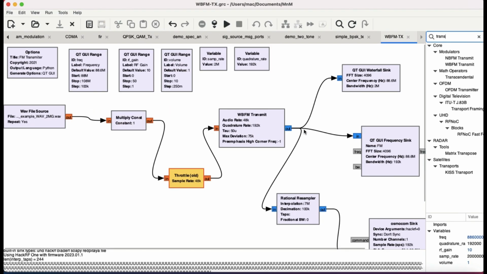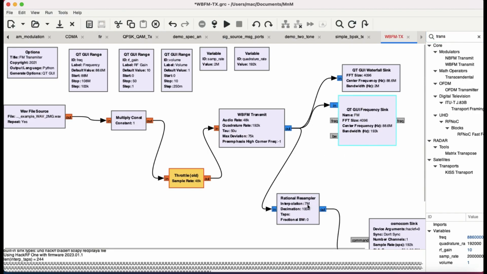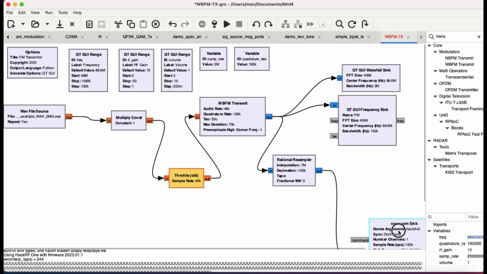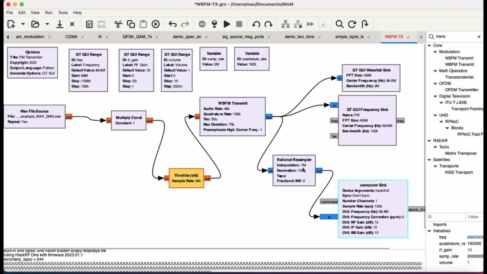After this, the output of this is going into a waterfall graph. We're also visualizing the same signal using our QT GUI frequency sink. Now this is also going into a rational resampler. Whatever signal is coming out, this is resampling your sample rate, and we're interpolating by 7 megasamples and decimating it by 100K. It turns out your sample rate is 192 kilohertz, which is going into an